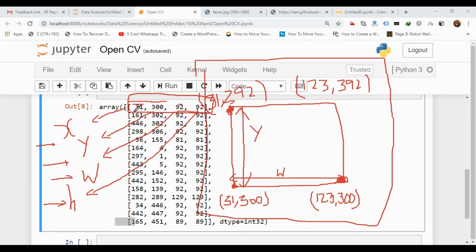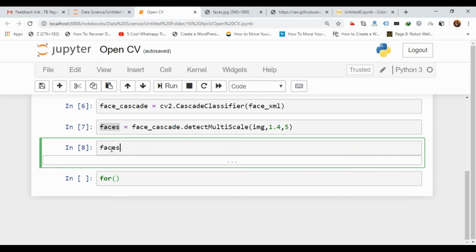So the opposite corner is 123, 392. That is for the first face. Similarly, this is for the second face, third face, fourth face, 5, 6, like this. Here we got the faces, fine.